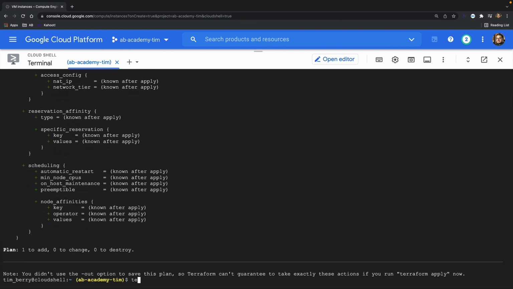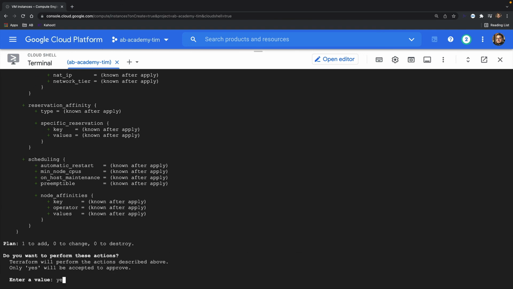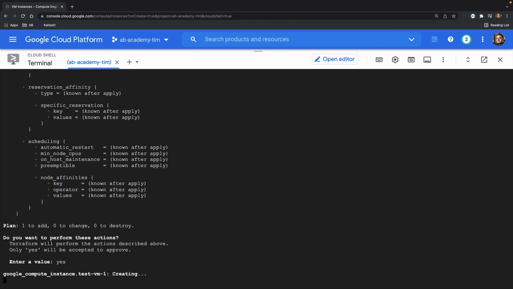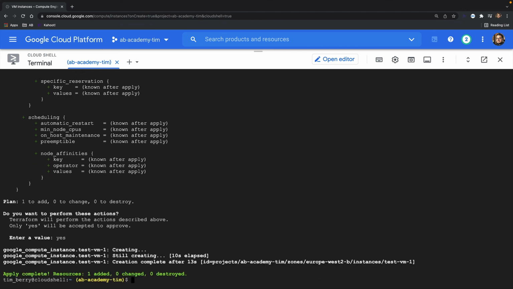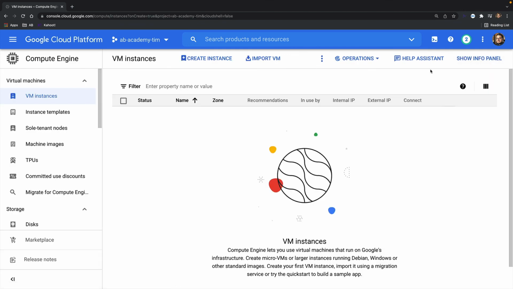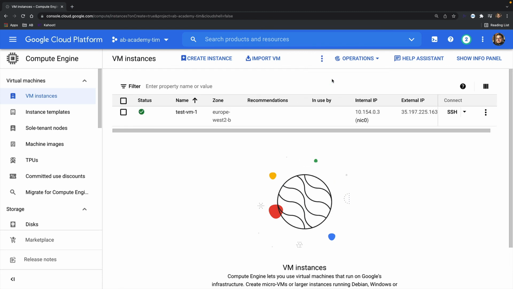So now I'll run Terraform apply to go ahead and build that resource. And here's my new VM up and running.